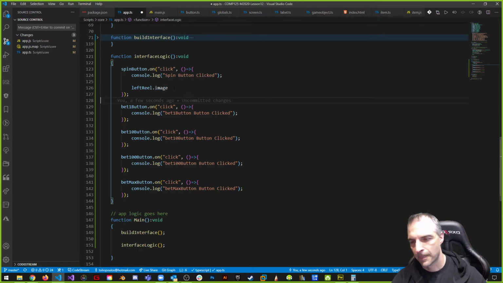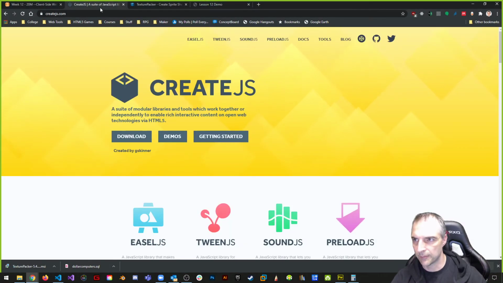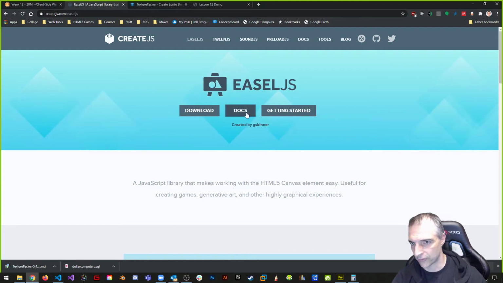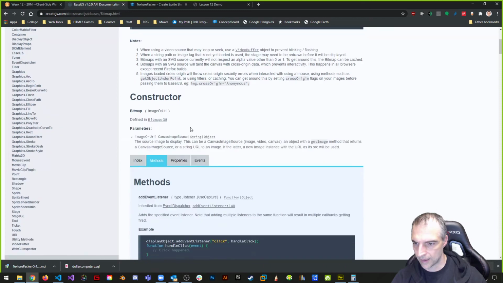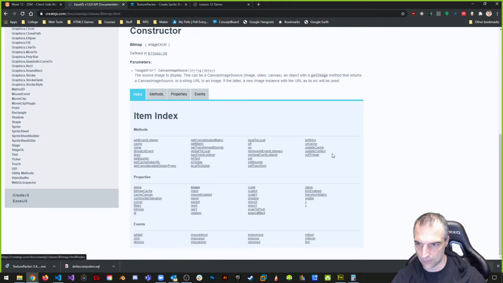Okay, so bitmaps have images, and if you look at the documentation under easel.js, you want to swap out the image. Now, where is the image being stored? In order for us to swap it out, that's the thing we have to look at. So if you look at bitmap, then under the index, you're going to see that these are all the properties of the image. We have an image property,